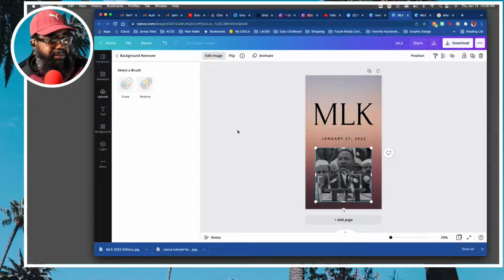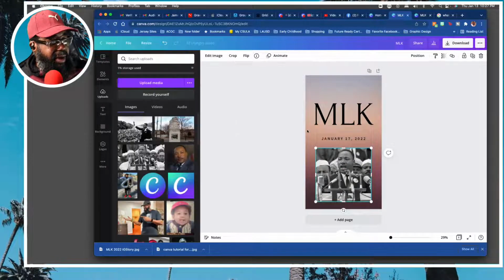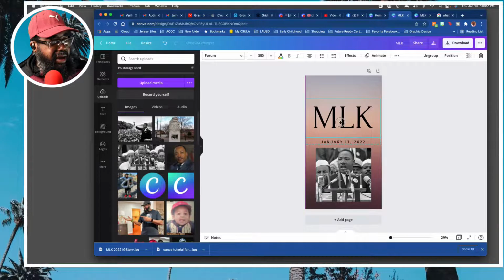So I'm assuming if I had an original picture, if this was a digitized image, then an original picture of Dr. King actually standing there in 1963. We didn't have digital cameras back then. So it's trying to find the background of this image. So I'm just going to hit, I'm not going to worry about it. Okay. So we got MLK,